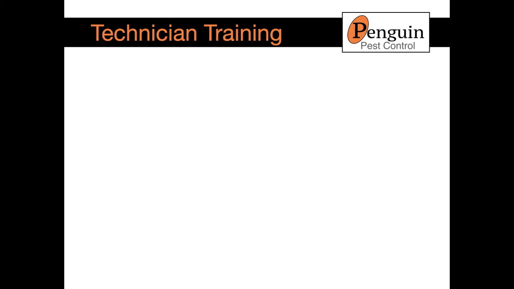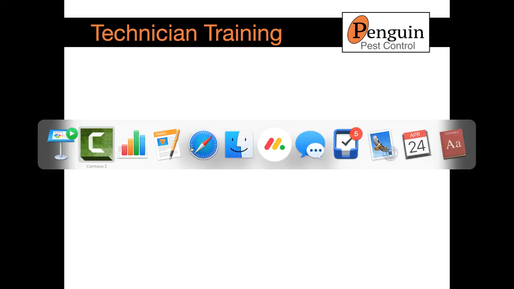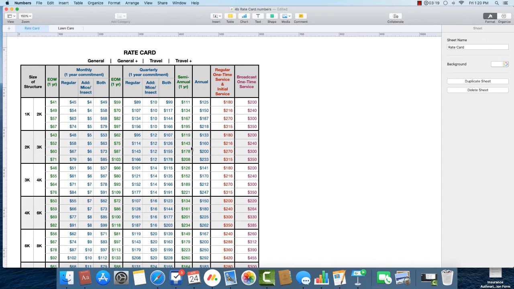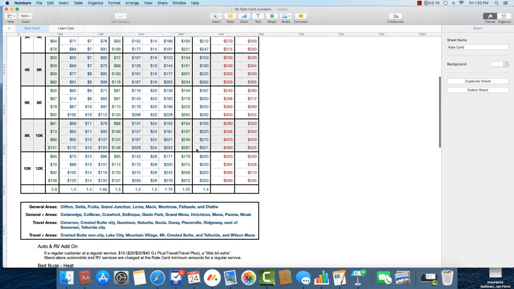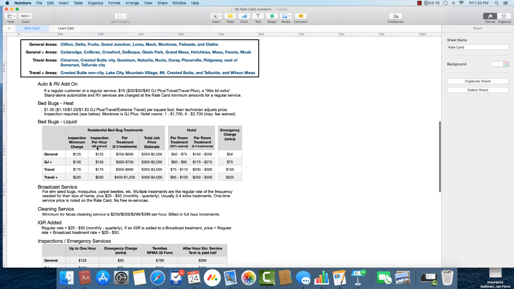In this video, we're going to talk about the rate card, so let's go ahead and dive into it. On the screen here, I have a digital copy of the rate card. Now, usually when you're using the rate card, you'll probably be using a printed hard copy of it. This right here is the first page, and then starting with autos and RVs, this is the second page of